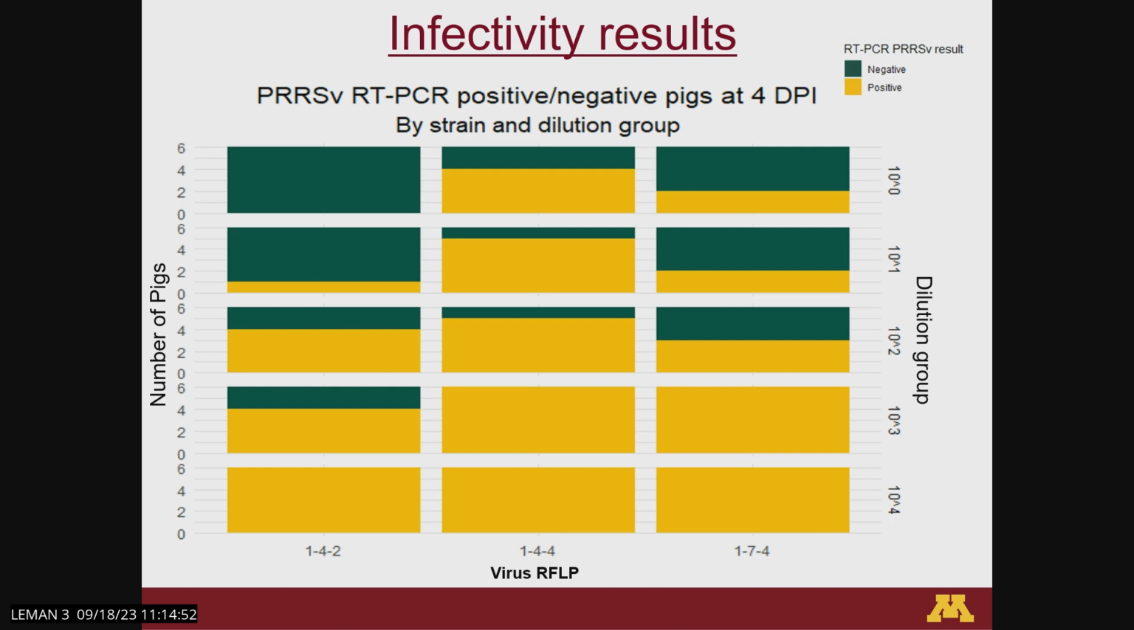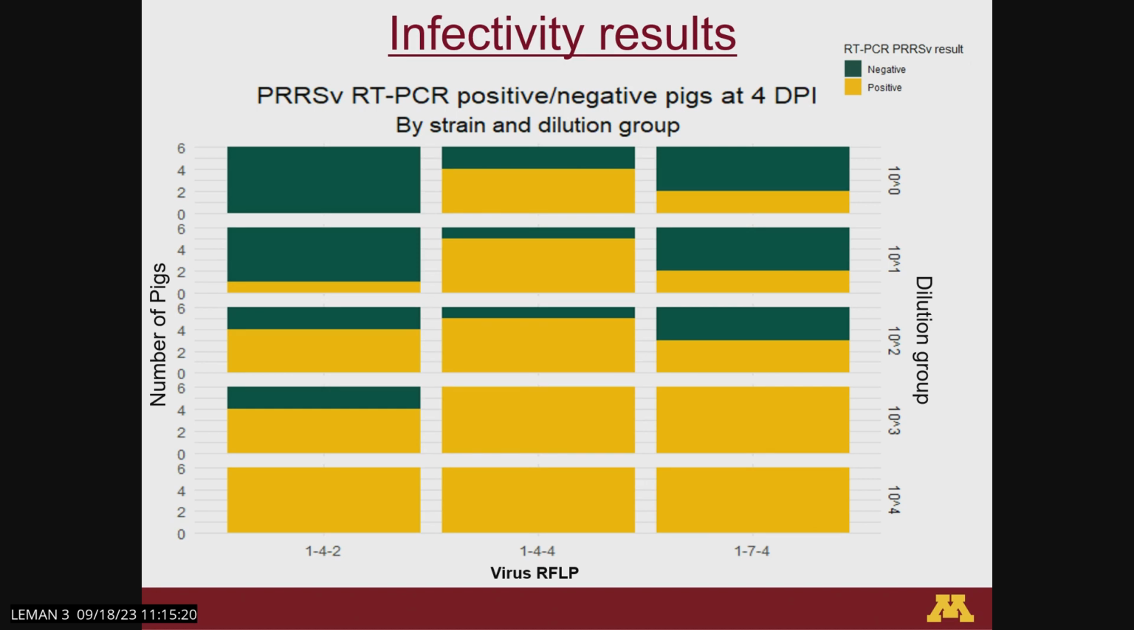Each column represents the virus I just described by RFLP, not by lineage. The yellow means positive and green is negative. So we can see that at 10 to the 4th, of course the highest, all of them are going to be positive. But if we keep going down in the dilution,